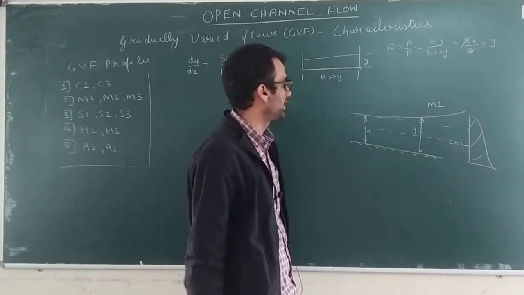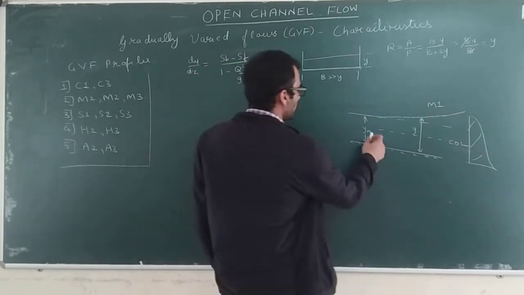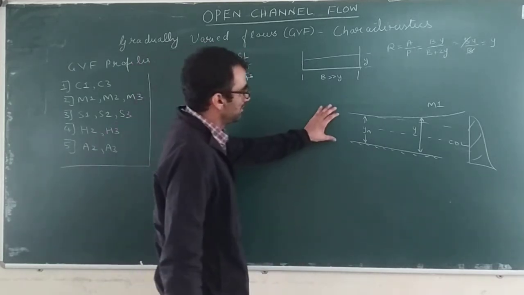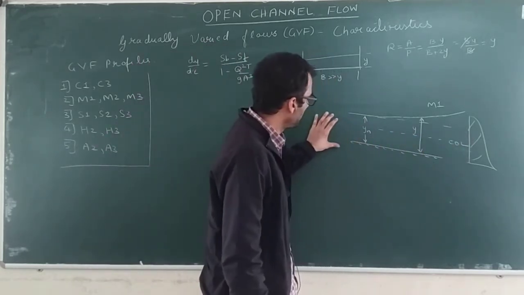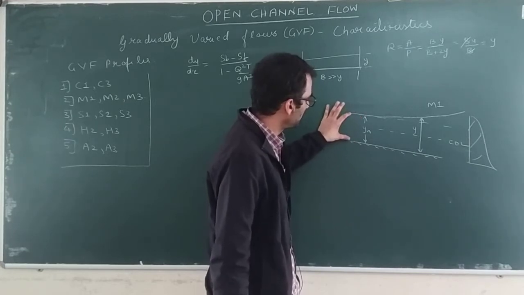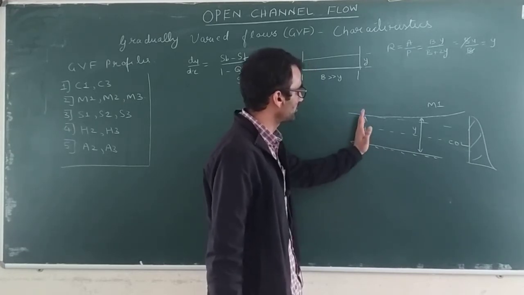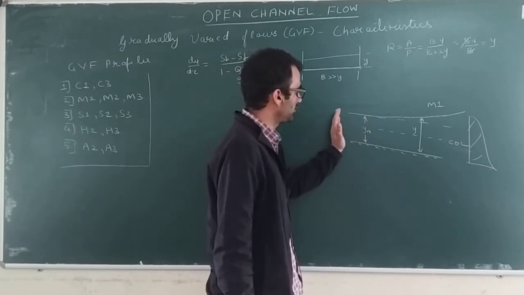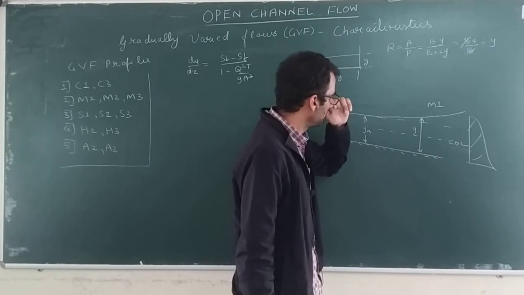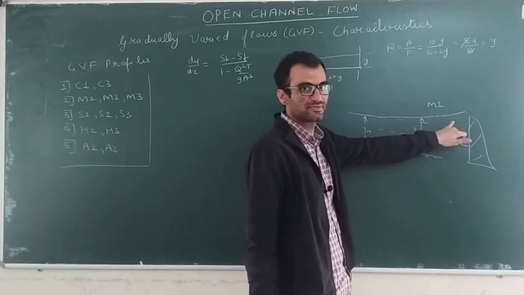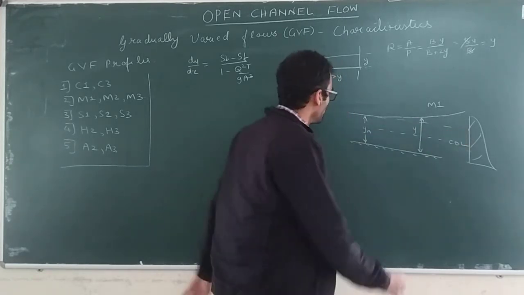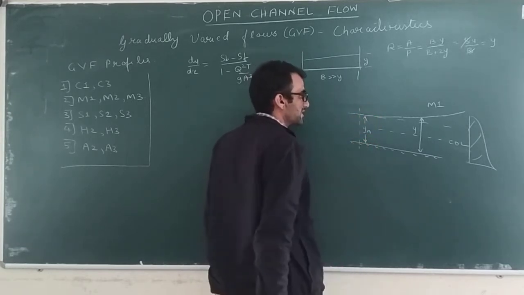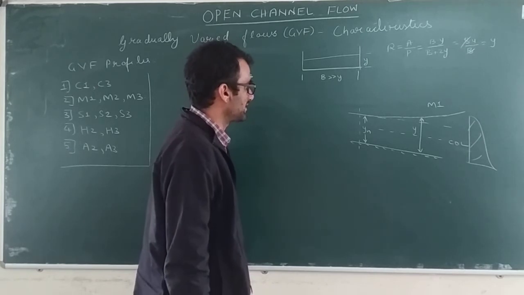Just for sample, any profile, it can be any profile. So now see, now this flow is taking place. If you want to apply the resistance equation for this flow zone, rather for the flow when it is just beginning into gradually varied, it is changing into GVF. So basically, if you apply the resistance equation at this section, more precisely at this